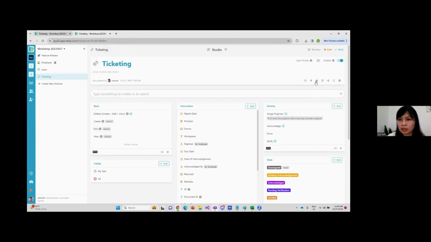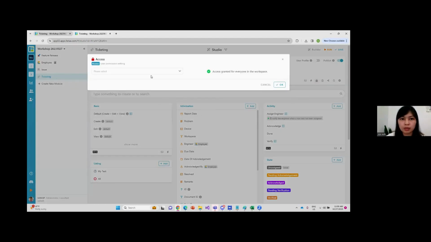You can see that the lock here, okay, when you mouse over, you can see lock, meaning that all these you can set the user right. For example, ticketing, you actually don't want all your colleagues to see the ticketing. You can just lock it here. Okay, so